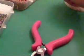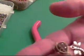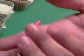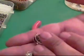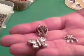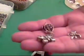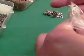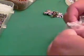Now, I know that I'm going to have 3 charms, and that's why planning is a very good thing to do when you're making these. I know I'm going to have 3 charms hanging from these. So I'm going to use eye pins on 3 of these, and that gives me 2 loops, one at each end, so that I can hang those charms. So I'm just going to pull out 3 of these,